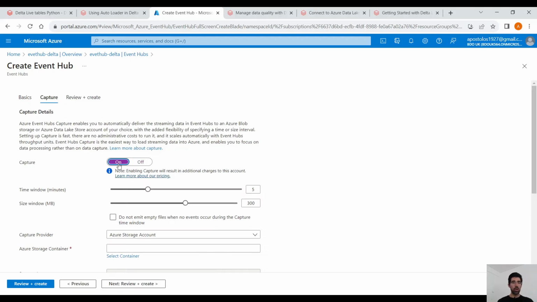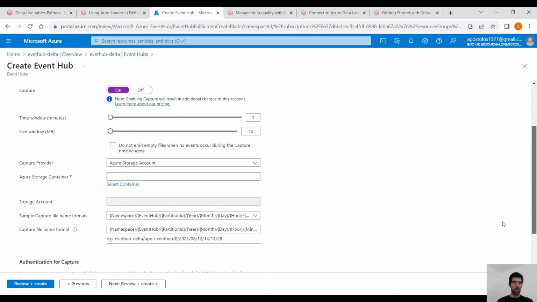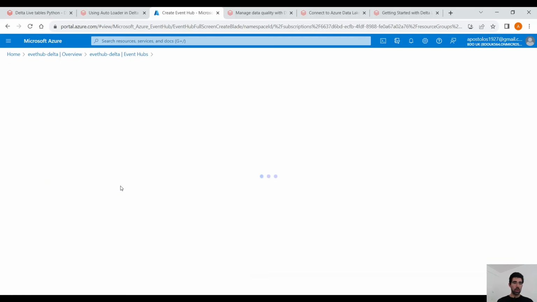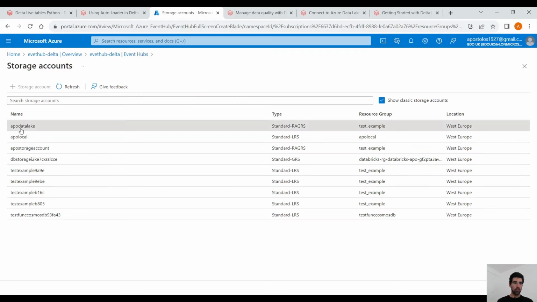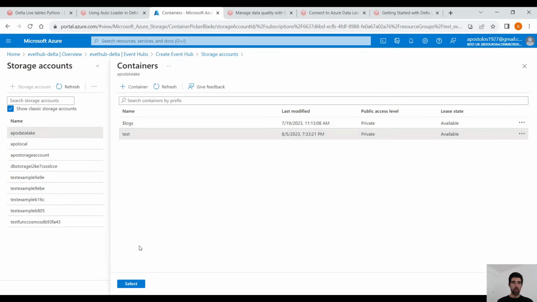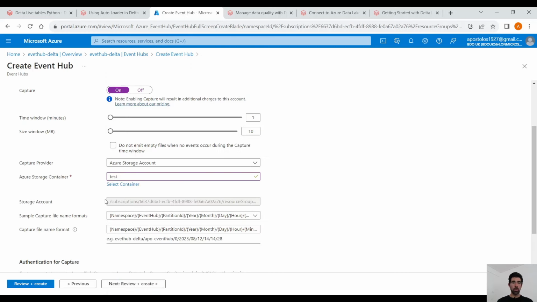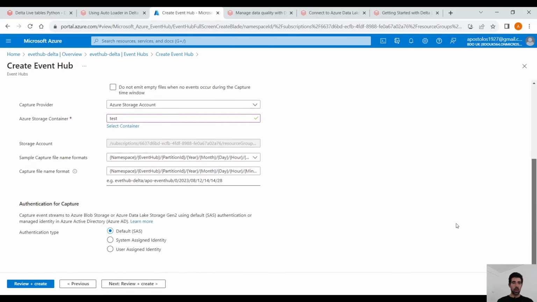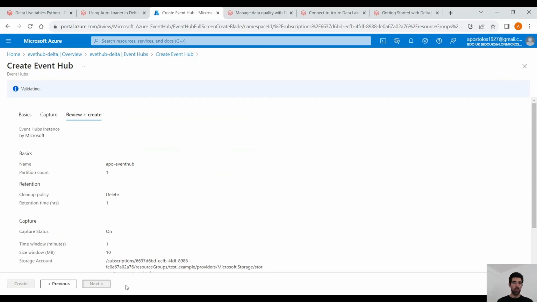Here we have to use the capture capability, so turn that on. Now minimize that, we don't need anything fancy here. Point to the storage account and let's select a container. I have plenty of storage accounts. As you can see, click on a container and this is how it will capture the data in Avro format. Authentication is SAS, that's fine. Review and create,